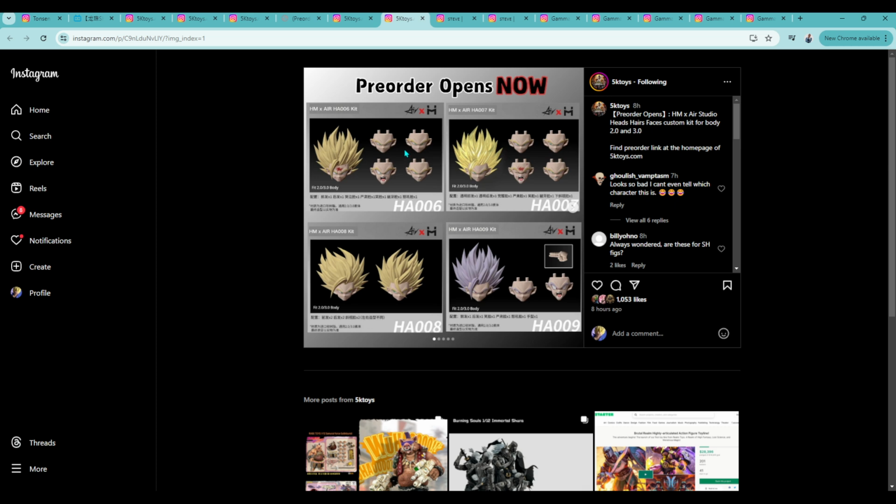And blood, whatever. Truthfully, I think that if you really want these, go for them. At most, I'm probably just going to get this Beast Gohan variant, and that's it. Because I'm well confident in Tamashii being able to give us a Super Saiyan 2 Gohan head sculpt. Whether or not it's good, I don't know, that's up to everybody else's opinion, but it will happen. I'm sure of it. So unless these are also going to be fitting on that future Super Saiyan 2 Gohan hair,